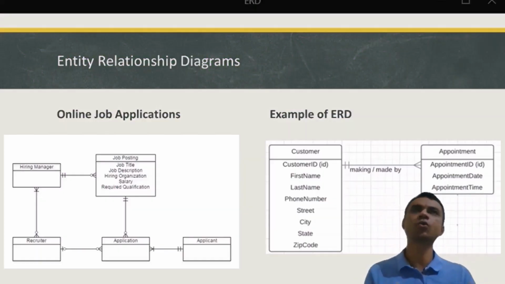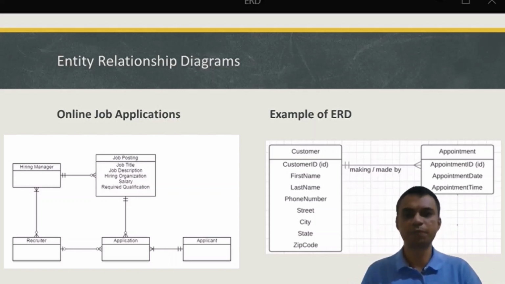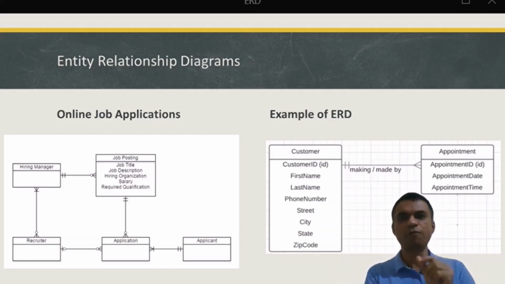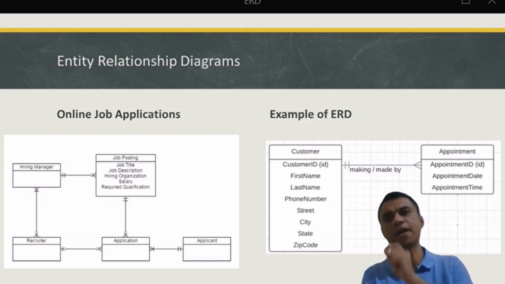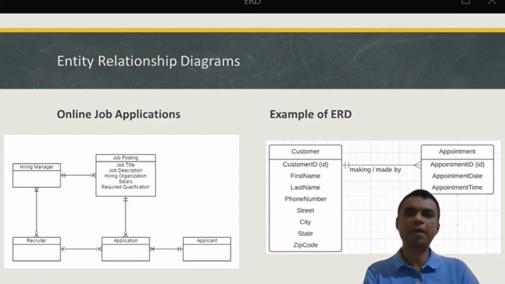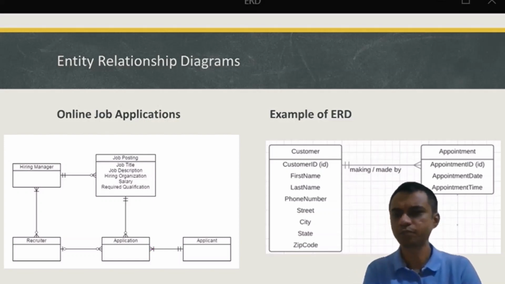Otherwise that person is no longer called an applicant. That person is just an individual. So for someone to be known as an applicant, that person must have made at least one application. So it's a mandatory condition. Applicant must have an application, and applicant can have many applications. So it's a mandatory condition with many possibilities, many applications.